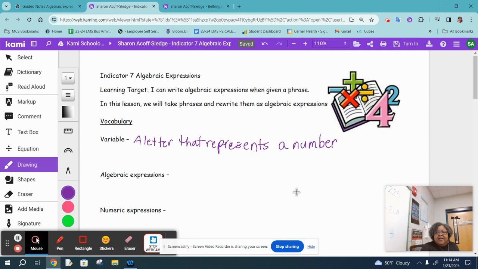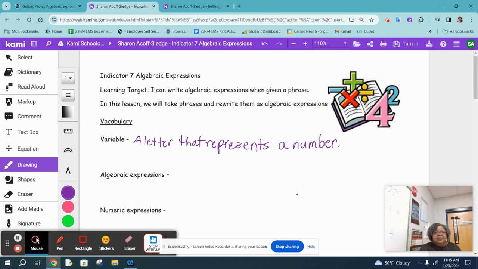Now, the other part of this, I'm recording. You're not writing? You need to be writing. Write what I'm writing. Didn't I just say we're gonna use these notes for the next 3 or 4 lessons? If you don't write down the stuff that I'm telling you today, when we get ready to do the thing, you're gonna say, "What does increase mean? Do I add or subtract?" I'm not gonna answer you. I'm gonna ask you where are your notes. That's what I'm gonna say. Where are your notes? Okay, so a variable is a letter that represents a number,